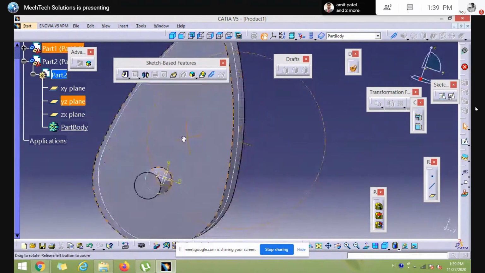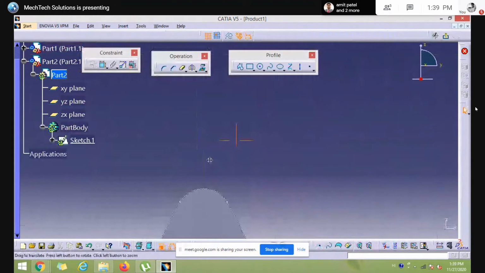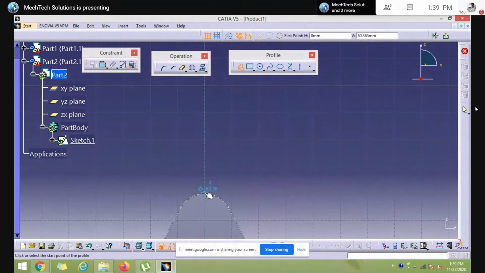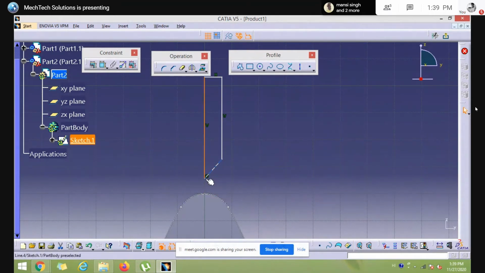So I have selected this plane and clicked on sketch, and here we need to create a profile. Remember that I am creating a vertical axis and a vertical line and closing it like this. It's the point of the follower.